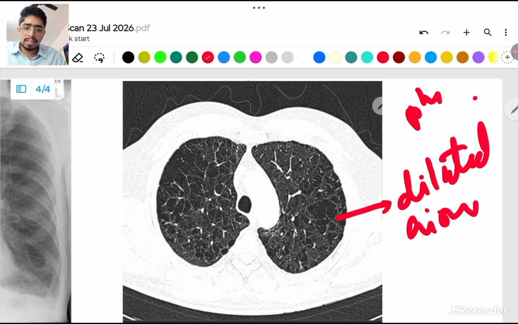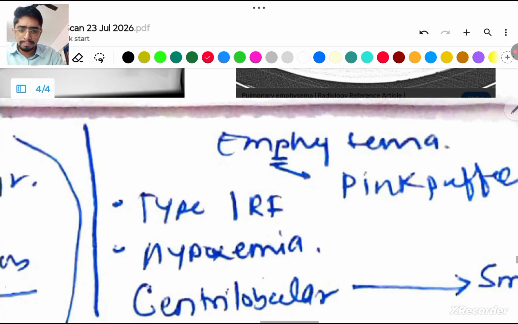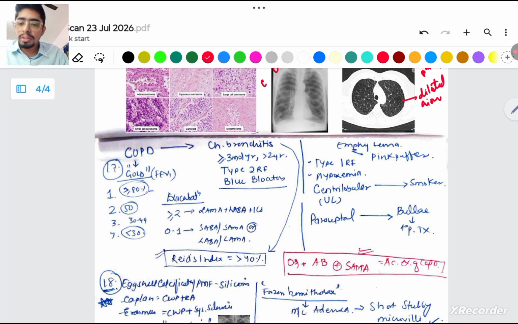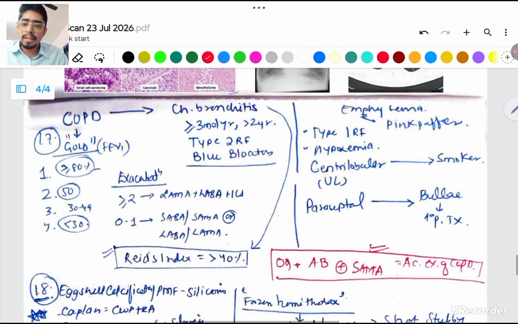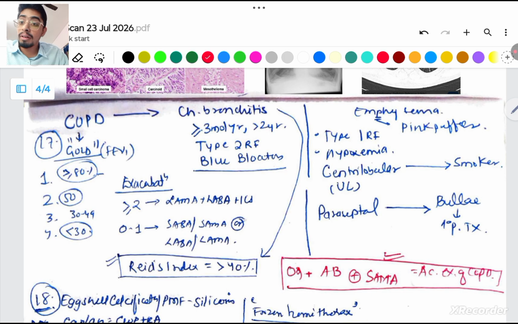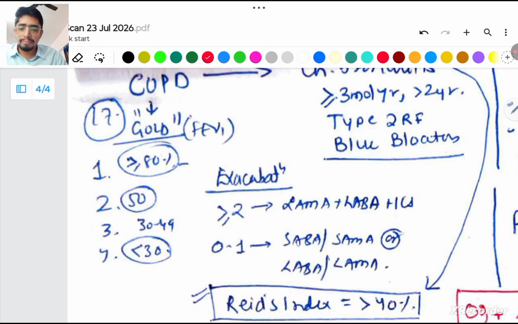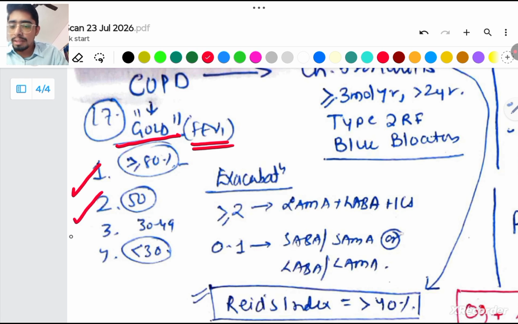This is your emphysema. Okay, now let's look at some of the most important theory points of COPD, and we will discuss the contrast between chronic bronchitis and emphysema. Now, COPD, first of all, let's look at the GOLD criteria, because it has some values. We just have to remember 80, 50, 30. So the GOLD criteria takes into account your FEV1 value: more than 80%, 50, 30 to 49, and less than